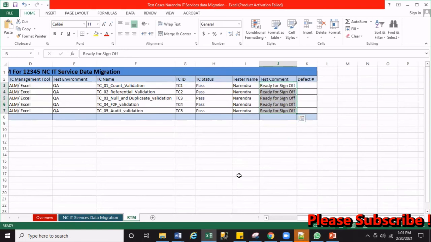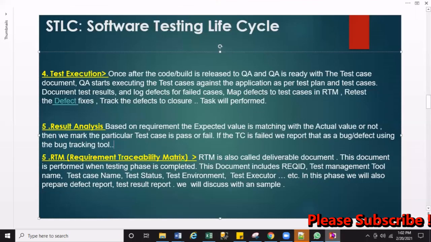Now that means we have done the testing, and this serves as proof: the test report document, the test plan document, and the defect report document. These documents will tell the upper management team that the testing team has completed their testing as per the business requirement. I hope you all understand what we have learned.